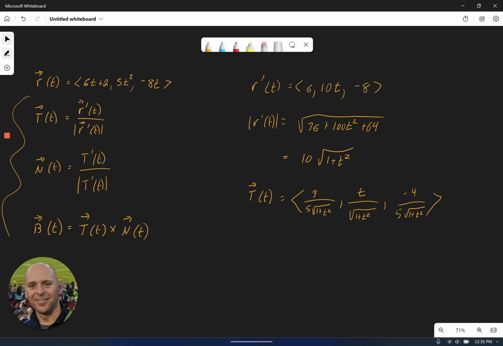The normal now is going to be a little bit more work. Actually, it's going to be a lot more work if we're going to do it generally as a vector function, because now I have to find the derivative of this vector function and divide it by its magnitude, which can get quite complicated. So probably what makes more sense for us is to put this into a computer algebra system, and that's what I've done. Our T prime then,